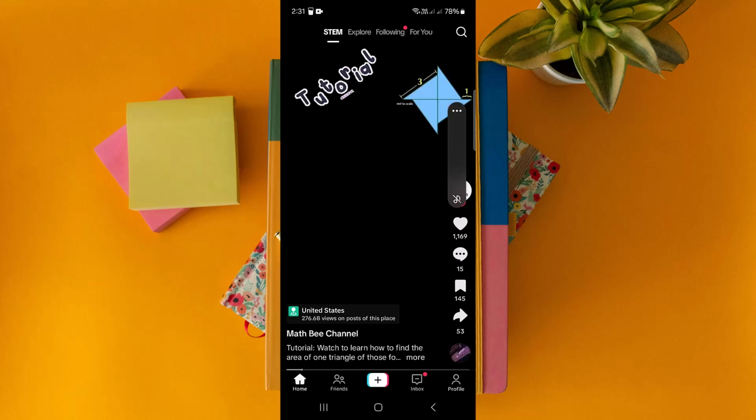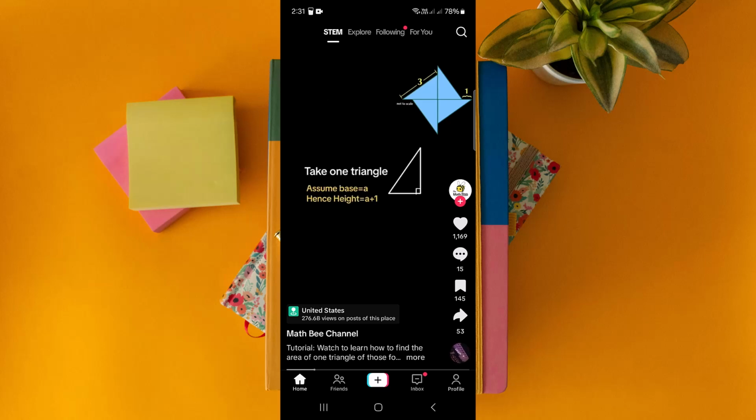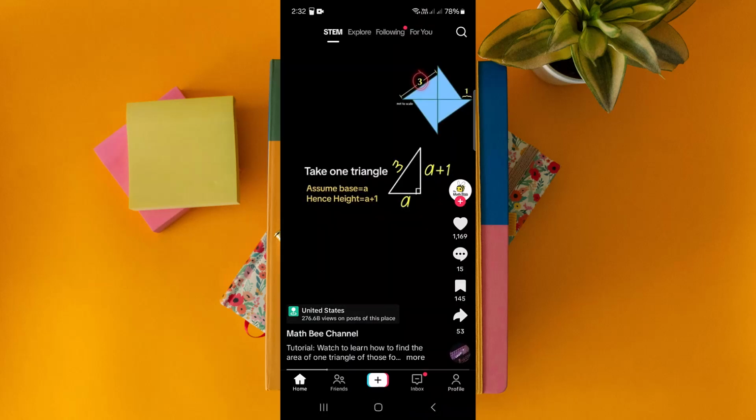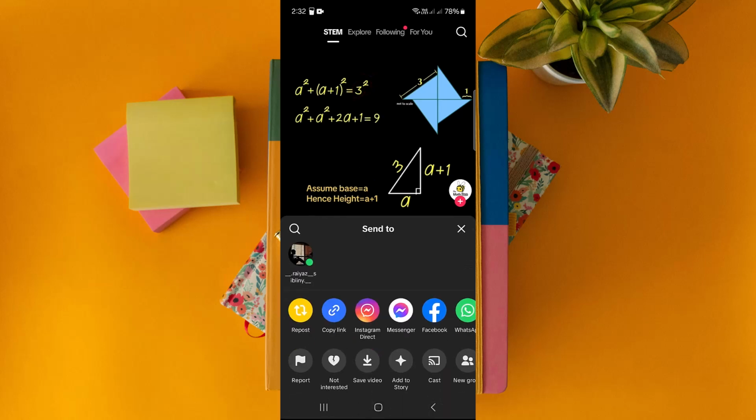So if I want to download it without a watermark, there are two options. The first one is you can just open up or start the screen recorder of your phone itself, and then you may be able to just take the screen record of the TikTok video. And then there's another way, that is tap on the share icon on the bottom right, and in here you